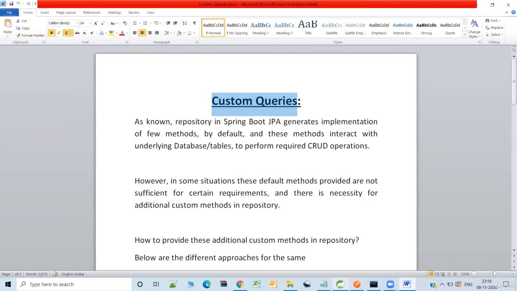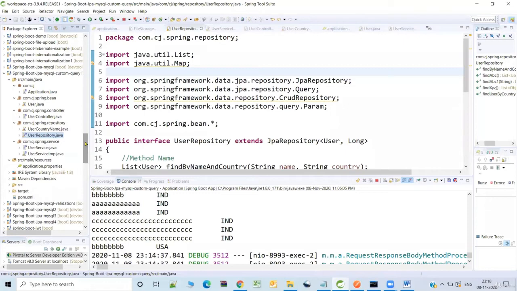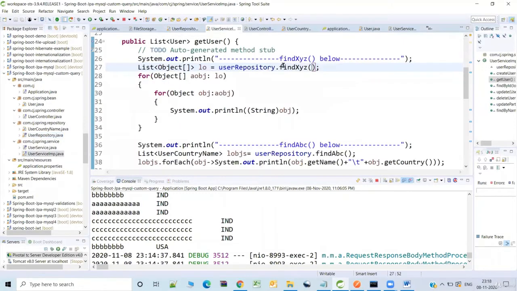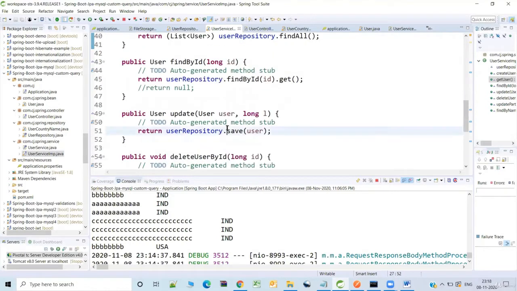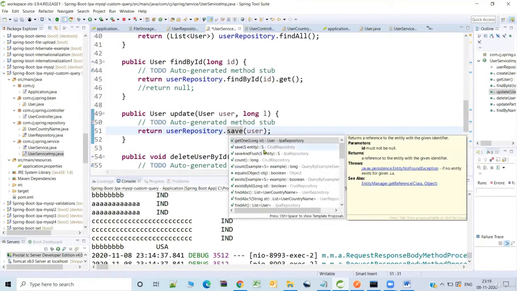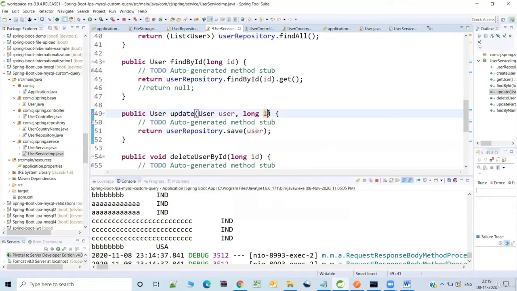For example, if you go and check any of the applications which are being provided, we are given the default methods. Let us check the names of those. See, here we have save, count, and all these are the default methods, like findAll, findById, findOne. So all these are the default methods which are being provided, and we have been using them in the applications